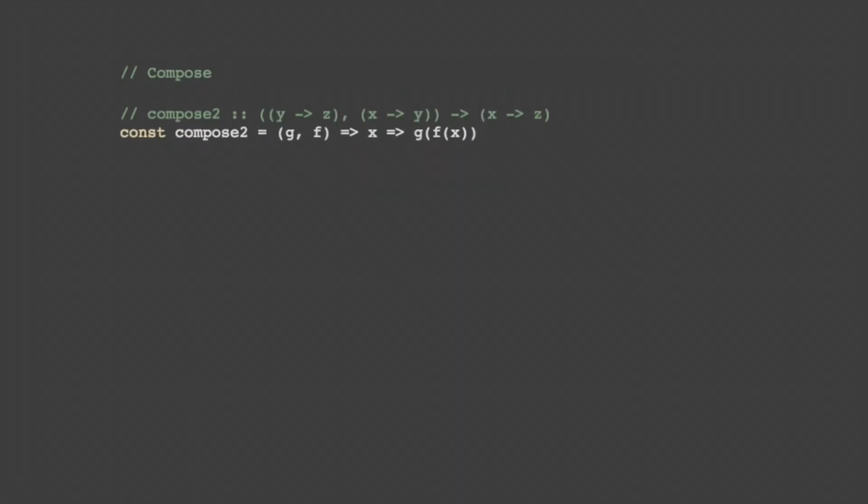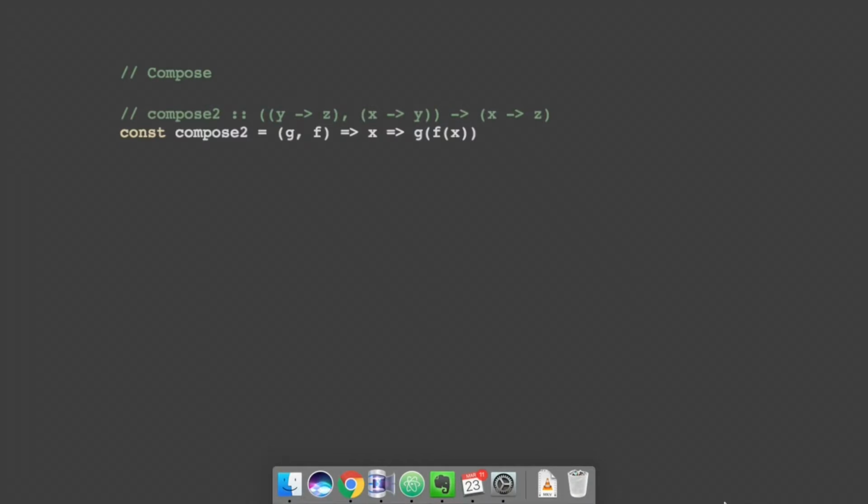Now, because we want to reuse these functions a lot, we want good ways of reusing functions. And one of the things we want to do is think of them as Lego bricks that snap together to make more complicated Lego bricks. We put functions together, we compose them as we call it, to make more complicated functions.